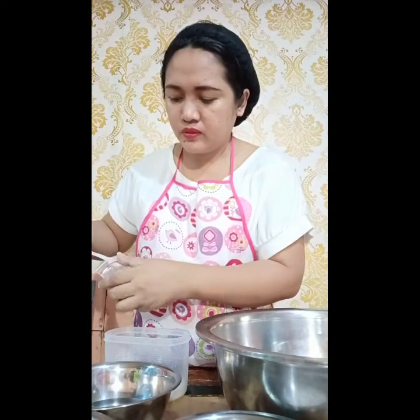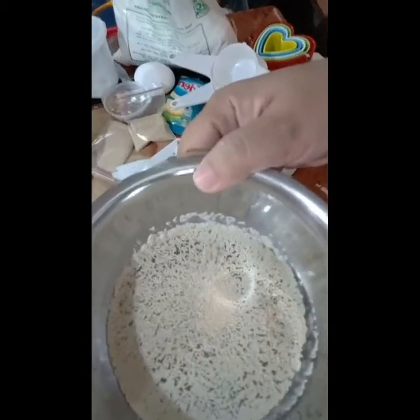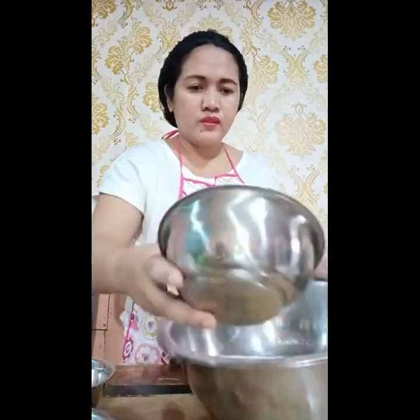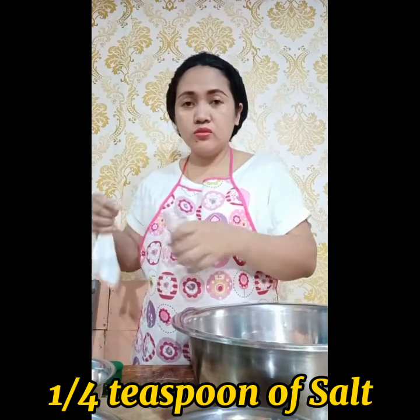So we will put the yeast to our lukewarm water. So we will just wait until the yeast or the bubble formation appears. For the meantime, we will mix the dry ingredients. The sugar, one-fourth teaspoon of salt,